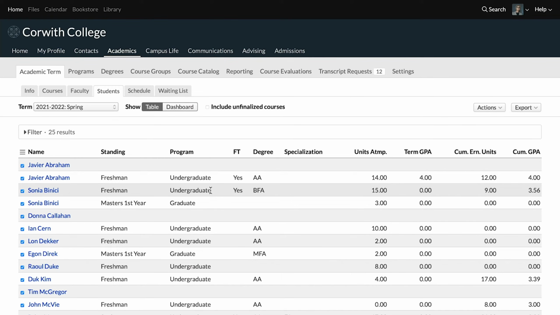Or maybe your school uses programs in a slightly different way. You commonly have students in multiple programs at the same time. Unusual perhaps, but not unheard of. They would show up once for undergraduate enrollments and once for graduate enrollments. However, it's also possible that a given course has automatically mapped to two active programs when that's not necessarily what you